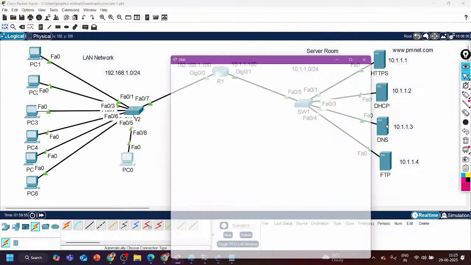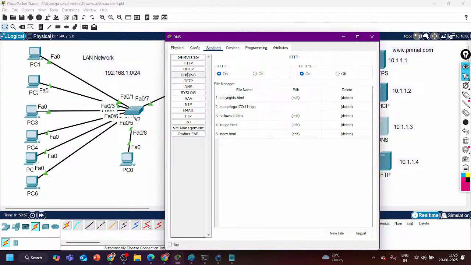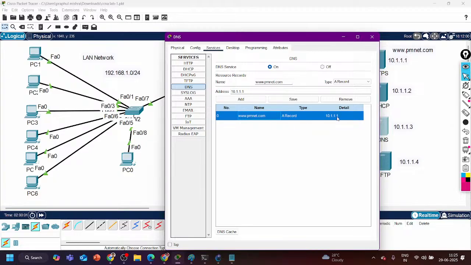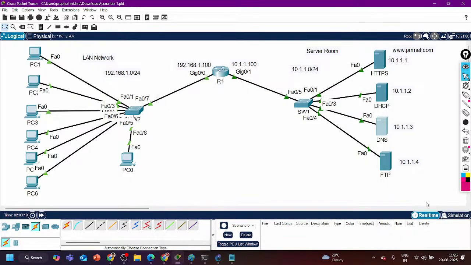Let me check the DNS service here. www.pmnet.com is fine. Let me write the fully qualified domain name here, https, and save it. And now let me request